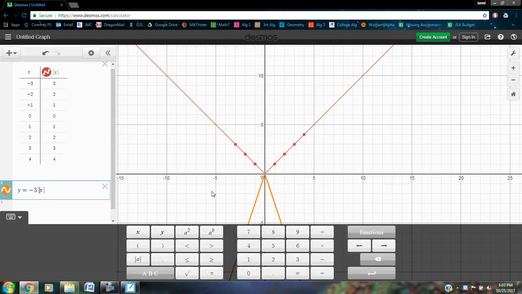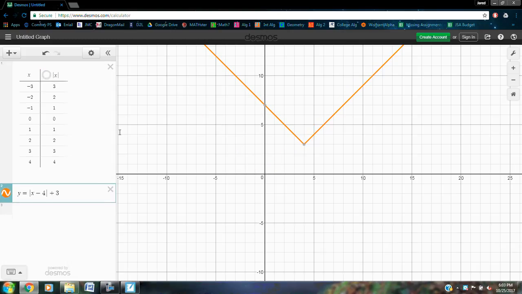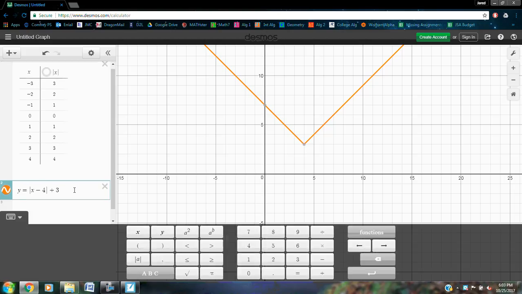We are going to say, again, from a regular y equals absolute value of x, if I do a minus 4, it moves it to the right 4, as we can see over here. If I do a plus 3, it's going to move it up 3. I'm going to turn this off just for now. So we can see I'm still here at my 4, 3. That's my vertex. I'm going up 1 over 1, up 1 over 1,